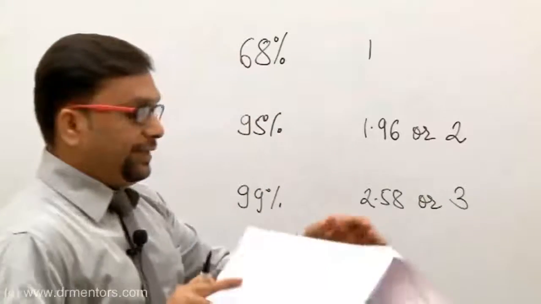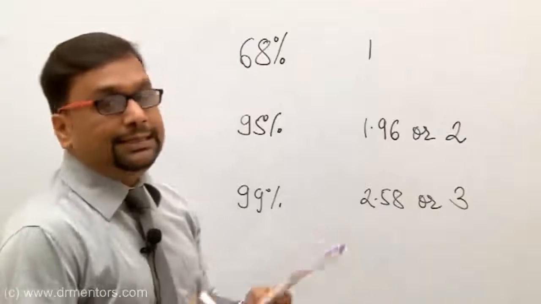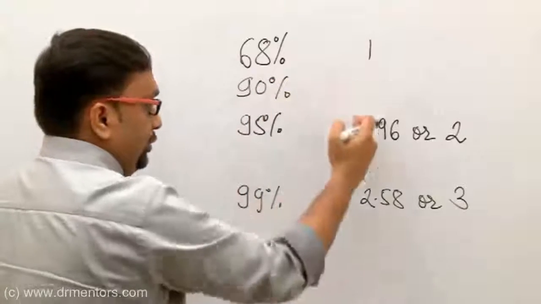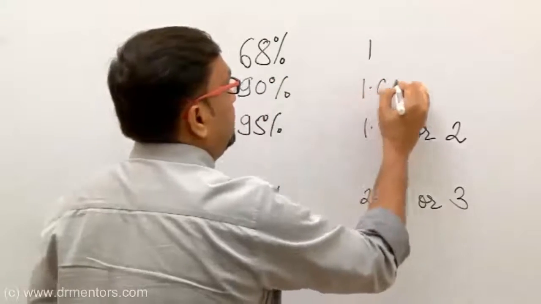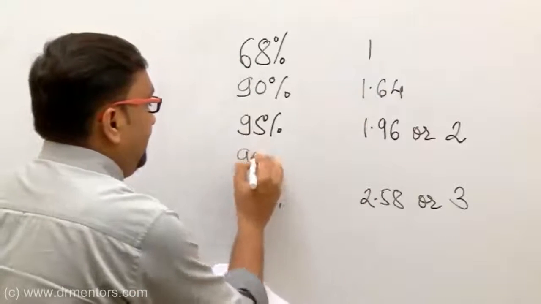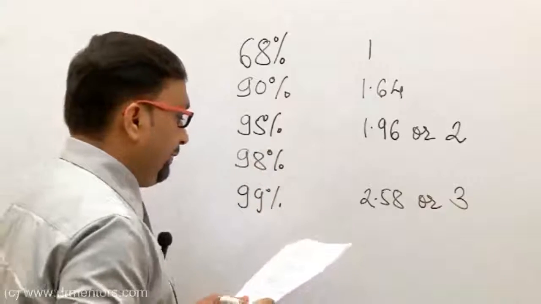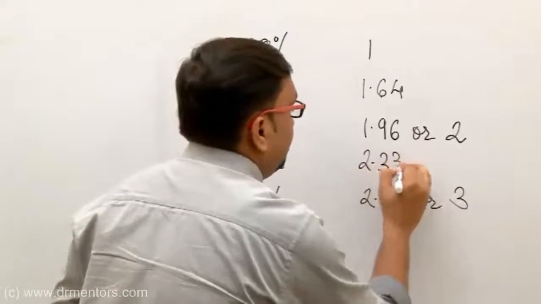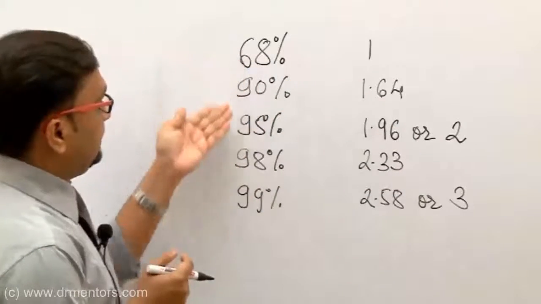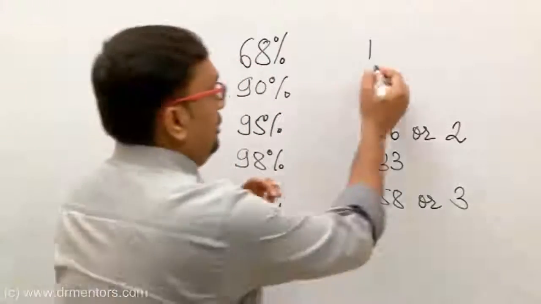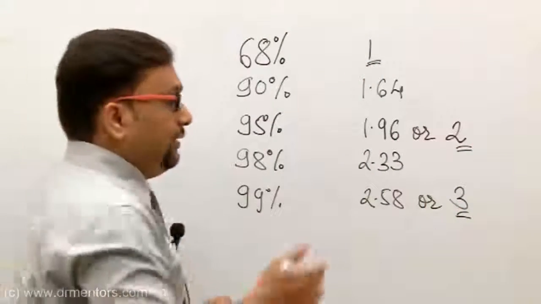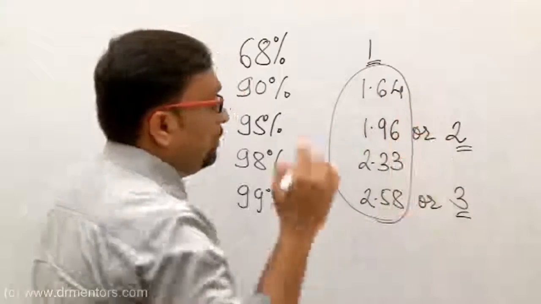So this 68, 95, 99 everybody remembers, but now in recent exams they have started asking even the 90% confidence interval. So in addition to all this, also remember the 90% confidence interval multiplying factor is 1.64 and the 98% confidence interval multiplying factor is 2.33. So this is an additional thing for the entrance exam. In third year, you remembered 68, 95, 99, that was sufficient. Rounding off to 1 SD, 2 SD and 3 SD was sufficient. But now in some of the national level exams, they have started asking questions about this also.